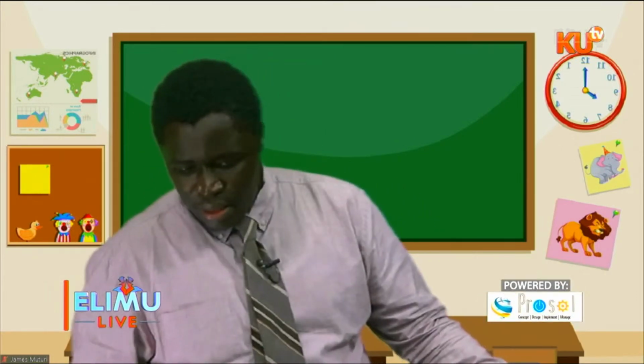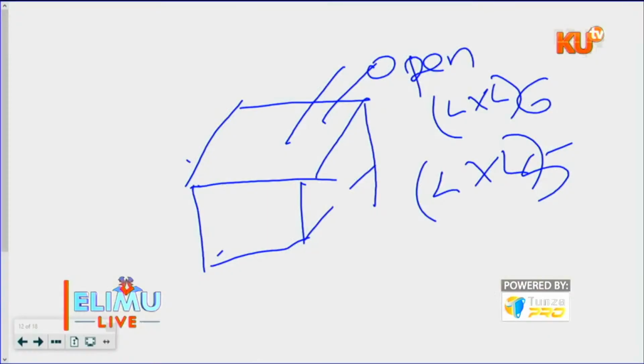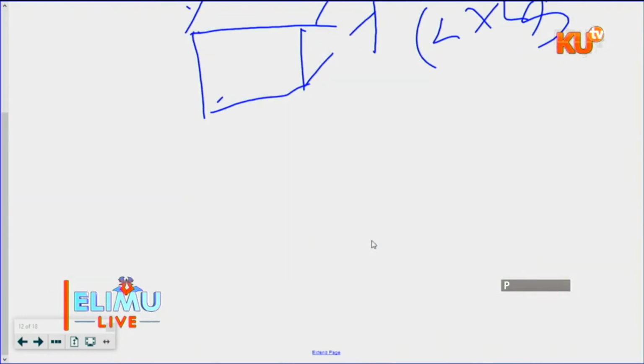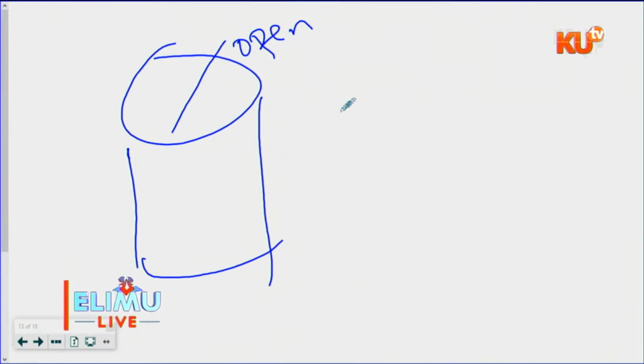Fiona is asking for the area of an open cylinder and the area of a closed cylinder. I think we tackled them earlier, but I will just give you how we go about the area of an open cylinder. This is our cylinder. This part is open, and I said a cylinder can only be open on one side. So how do you get the formula of an open cylinder? Surface area of an open cylinder is equal to